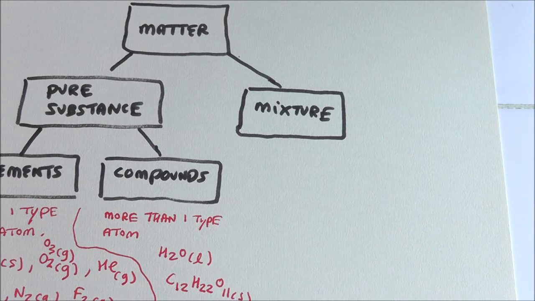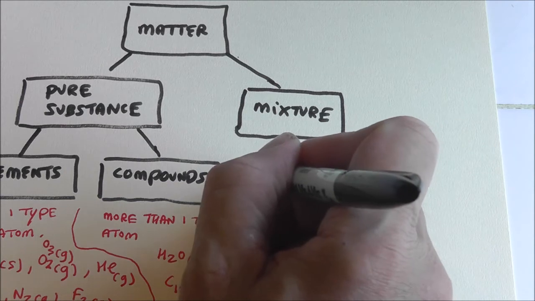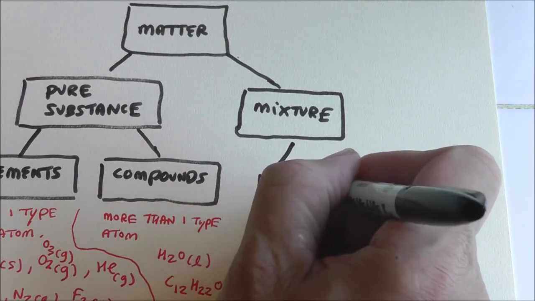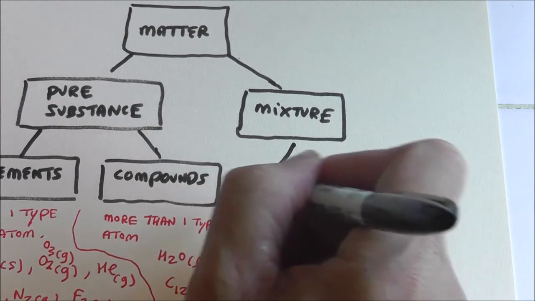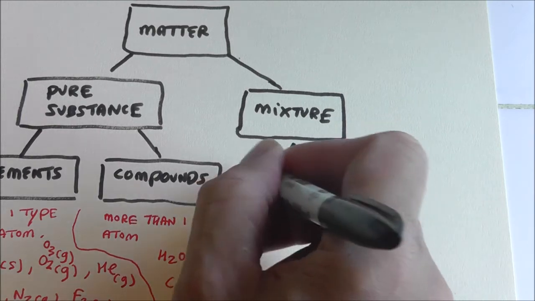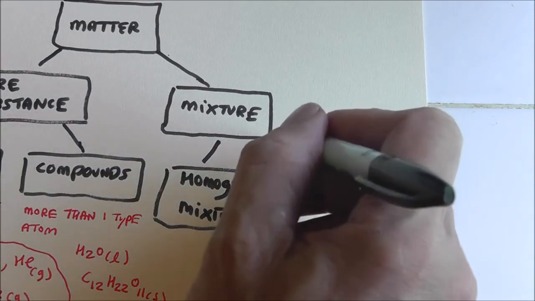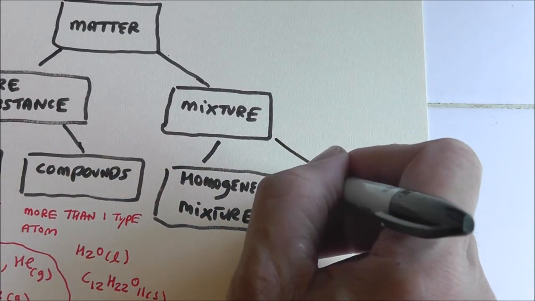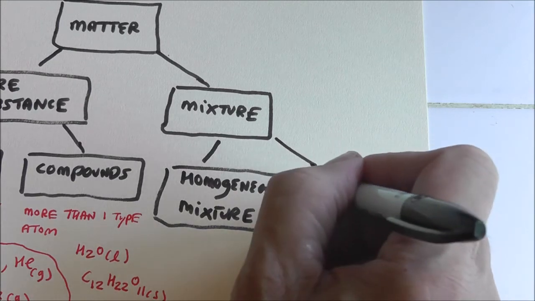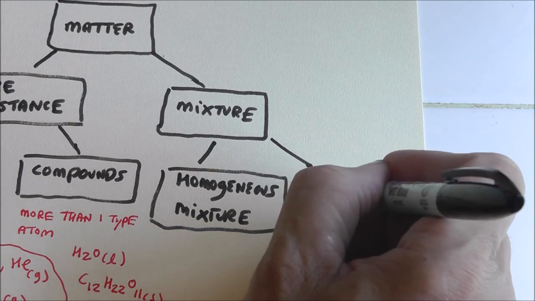Mixtures. Well, here we go. Now if you take these things and mix them, how they mix determines what type of mixture they are. So you've got a homogeneous mixture, and that would be a uniform mixture that makes only one consistent phase of itself. And then I'm going to try to show you examples of both. And I'm going to try to make it so you don't go crazy this early on in our journey.